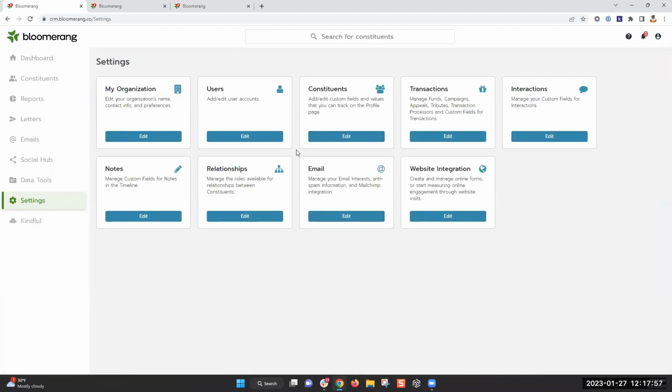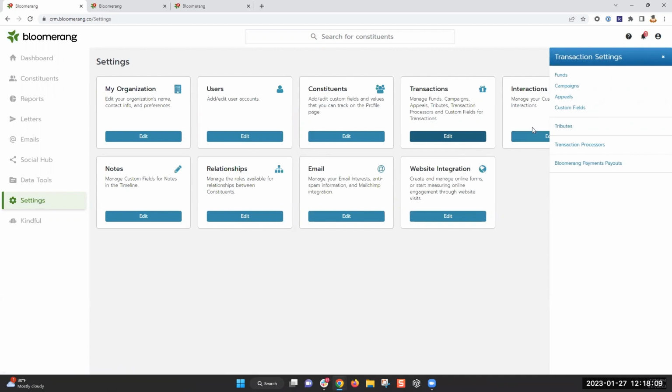Settings is where you would also configure your custom fields, as well as your funds, campaigns, and appeals. When creating your funds, campaigns, and appeals, we'll talk more about that. But when you're creating them, this is the section you would go to. So go to your settings, transactions, and you can create your funds, campaigns, and appeals. You can create an unlimited number of funds, campaigns, and appeals.